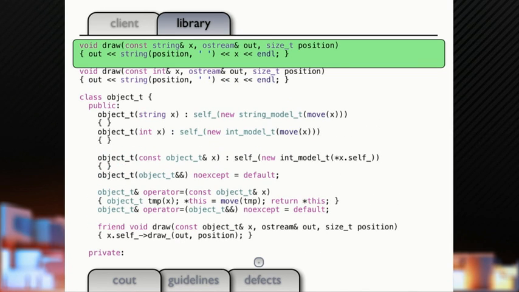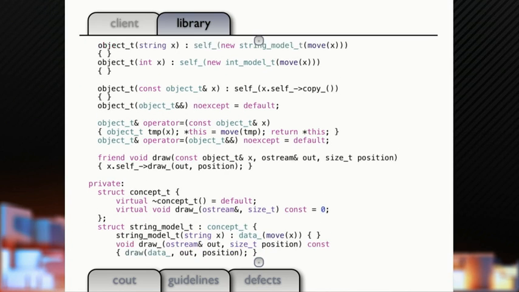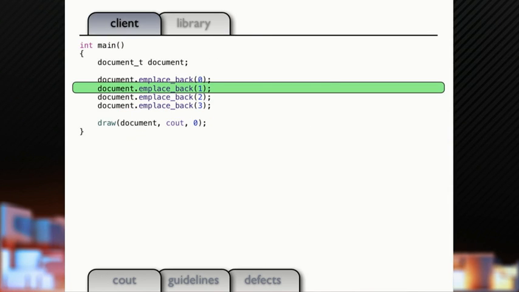We'll go back up here. We'll add a way that we can draw our strings. And right here, we're saying new int model. We don't want to do that anymore. What are we going to do? We're going to say, when we do a copy, we need to virtualize our copy. So we need to call through there. Which means we've got to come down here and add a copy function to our concept, add a copy to our string model, add a copy to our int model. Now from our client side, we've got a document that can hold integers or strings,